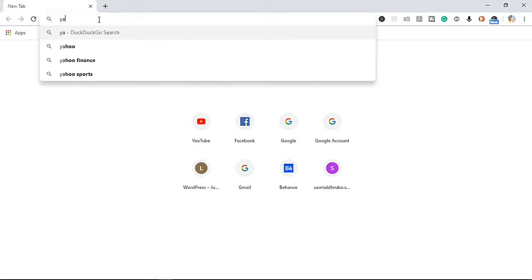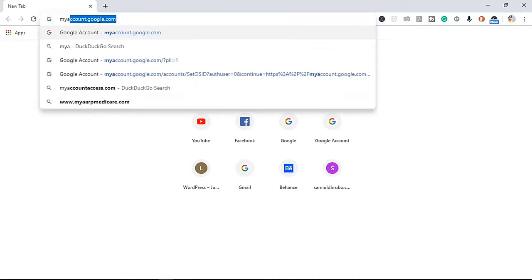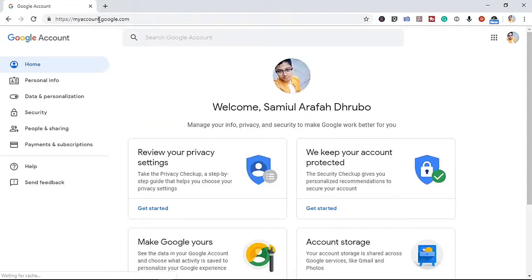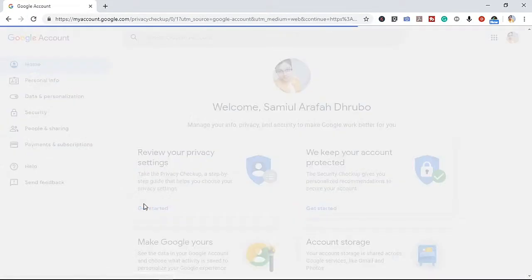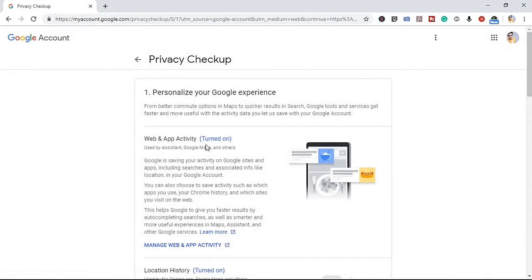In this video I'm gonna show you how you can secure your Google account in just a few steps. So go to myaccount.google.com. Then here you can see so many options. Go to privacy checkup,